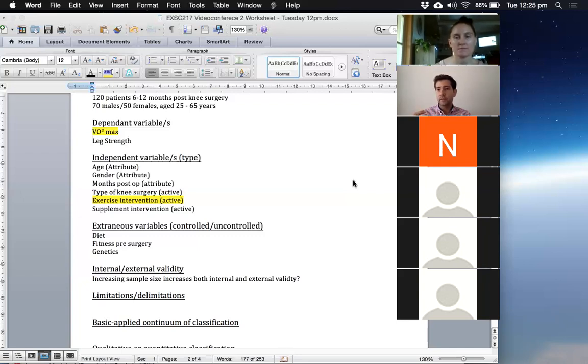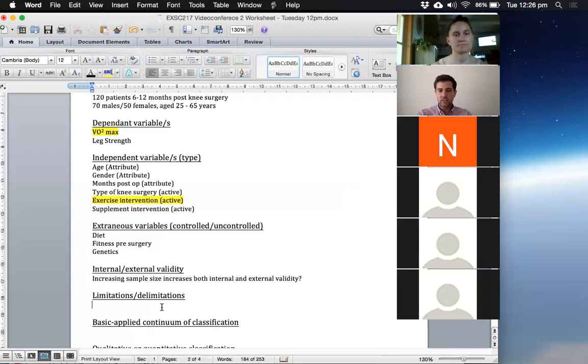But if we have more numbers overall, so say instead of having 50 participants overall who are all male, we add another 50 females, now we have a greater sample size and we have both genders. So now we have greater external validity and we have greater internal validity. And so sample size is one that actually, it's always better the more participants we have, because it better represents the population. However, not easy to get a higher sample size. That also feeds into limitations and delimitations.